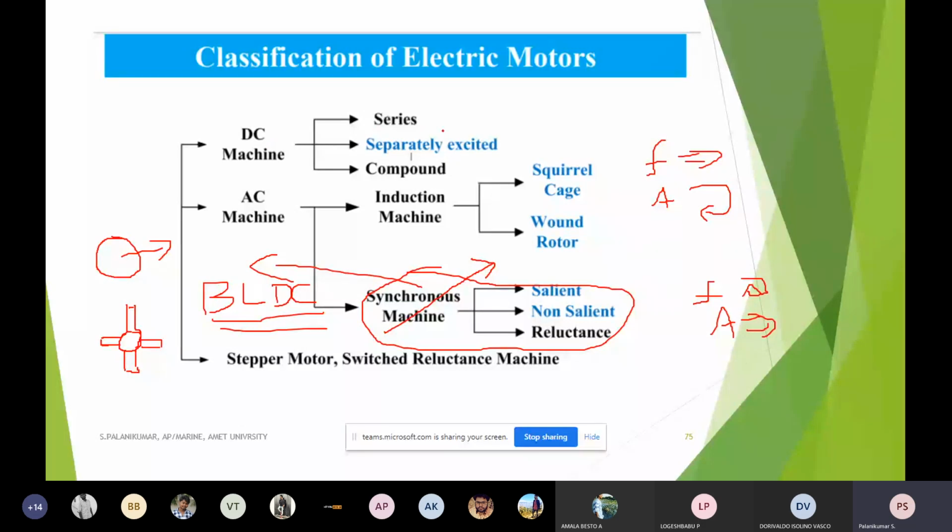Very often we have to clean it. It will make sparks. Whenever there is an electrical contact on the rotating circumference of the commutator, there may be a lot of spark, so automatically carbon deposits will be there. Very often you have to clean and replace the carbon brushes. That is the reason why, even though it has other advantages, such as very good speed control, torque control and control of other parameters, it has a very big drawback of the carbon brushes and commutator arrangement.